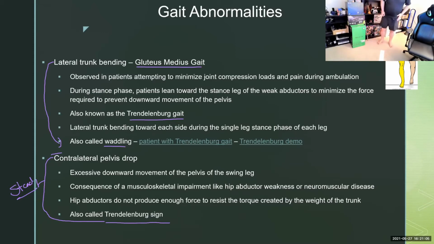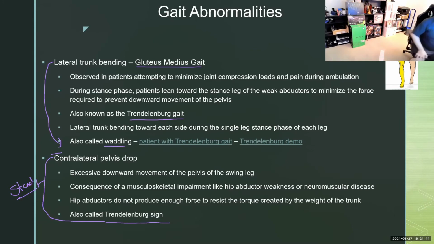Trendelenburg gait is when I walk, when I go through swing phase, remember I have to lift that pelvis to clear the foot. You'll see it drops. So I'm going to step through. And you see how it's kind of a waddling gait pattern? Up, drop, up, drop, up, drop. So if you see that drop is happening on my right side, the problem is my left glute med. So my left glute med is not able to hold me in this type pattern here. Does that make sense?